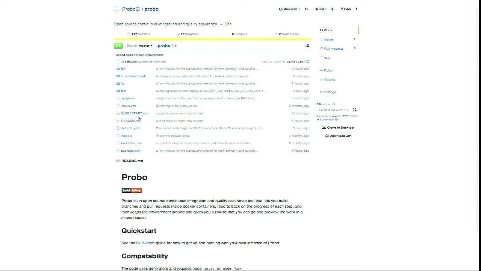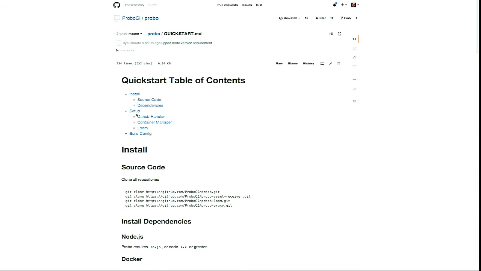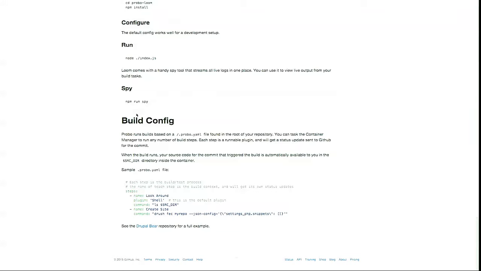But in this repository, you can see there's a quick start guide. The quick start guide will give you all the steps you need to do a complete setup. We just retested all of the steps in here yesterday and made sure that we got everything totally locked down. And by yesterday, I mean yesterday East Coast time, so really this morning. So that should be totally up to date. It should totally work.